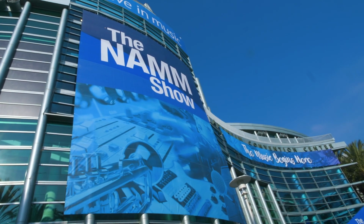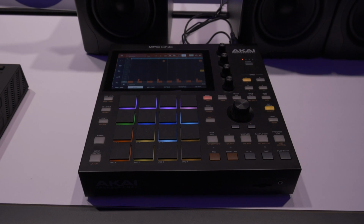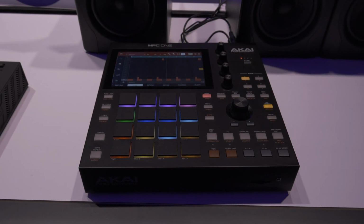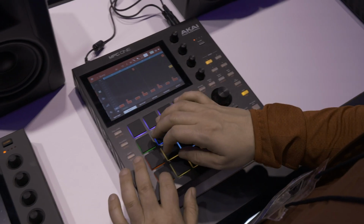We're here at NAMM 2020, and we found a bunch of new musical instruments that we think you'd really like. If Akai's MPC-X and MPC Live had a baby, you'd get this, their new MPC-1, a desktop music production machine